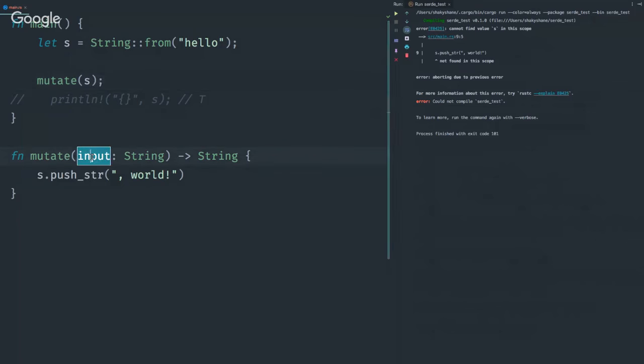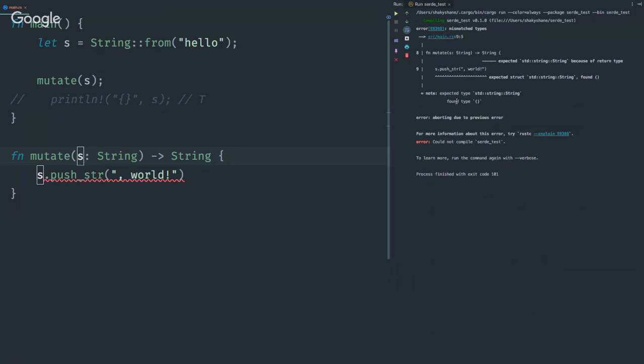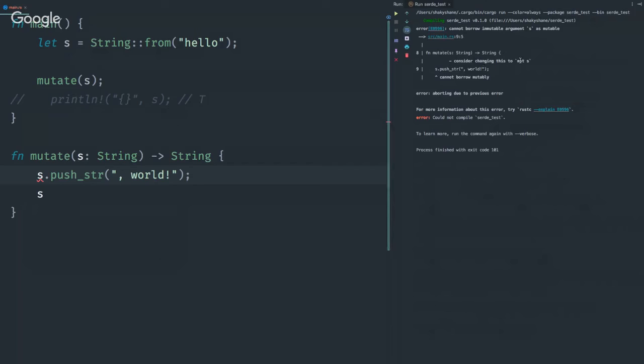Sorry, yeah. Maybe I should just call everything S. Yeah, so this is where it expects a string. Oh, sorry, yes, because that doesn't return the string. So I have to return the S like that. Now we're going to get this thing, and this is what I was surprised by, that even though we didn't declare it as